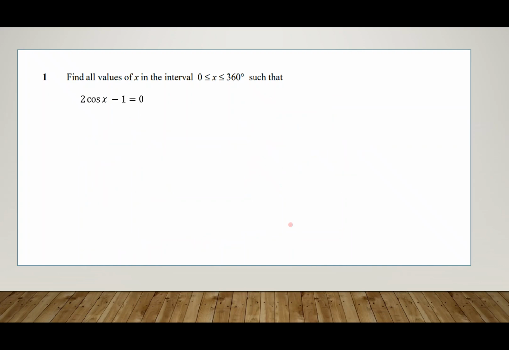Now this next question is a little bit trickier because we've got a little extra step to do at the beginning. We are trying to find all the values in that same interval for 2 cos x minus 1 is equal to 0. The first thing I need to do is rearrange this to get the equation in the form cos x equals. So I'm going to start by adding 1 to give 2 cos x equals 1, and then I'm going to divide by 2 to give cos x equals a half. Just like before, I'm going to use my inverse function, so I'm going to use cos to the minus 1 of a half, and my calculator is going to give me my first solution of x being equal